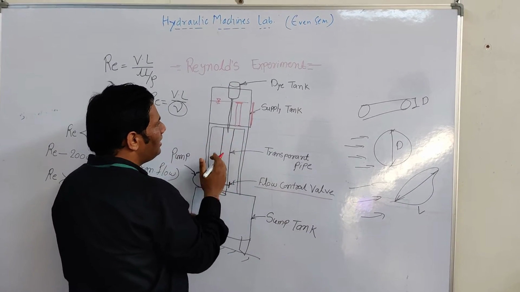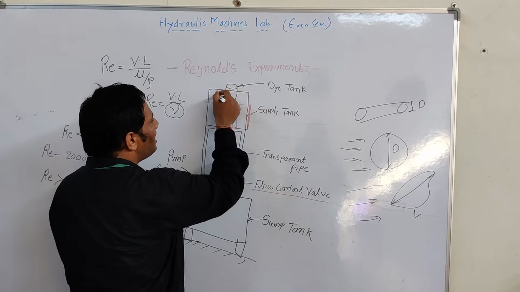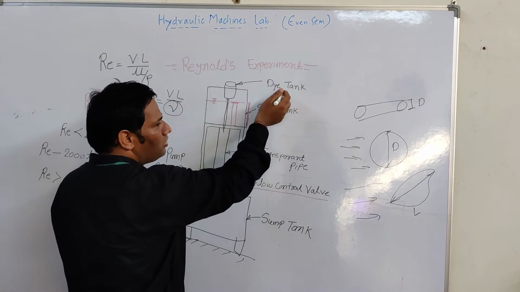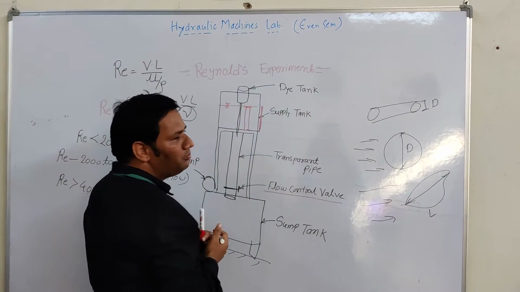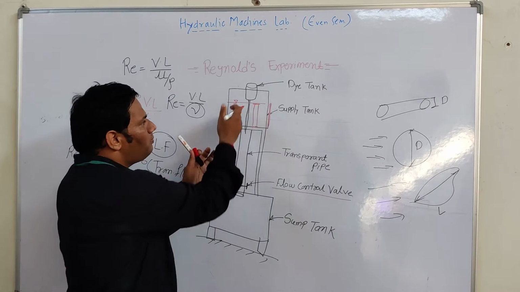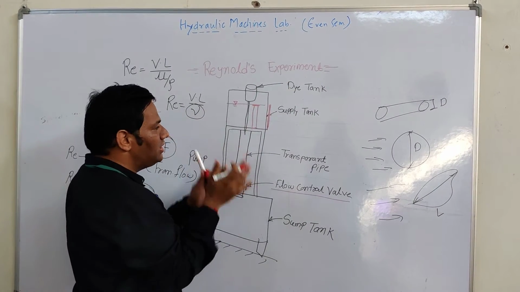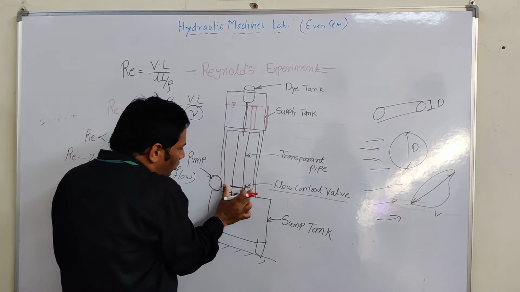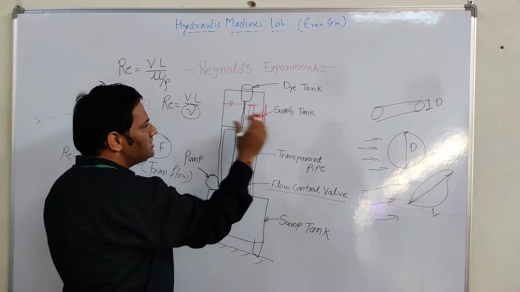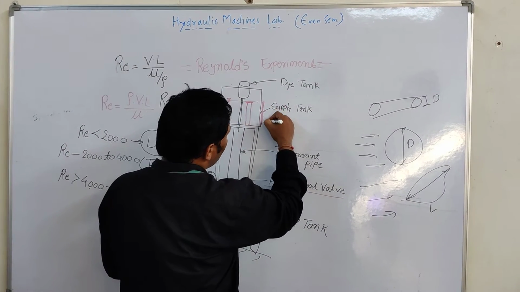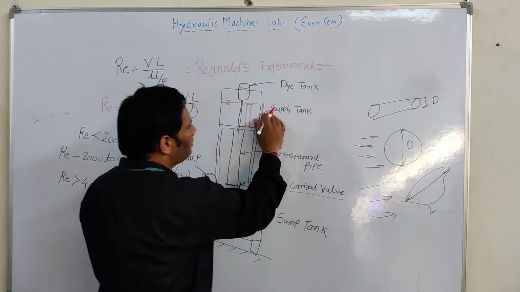in that case the water level rises and the water tries to spread out of the supply tank. For maintaining that flow, we have one flow control valve here. And we can easily see the rise of the water level on the piezometer on the supply tank.